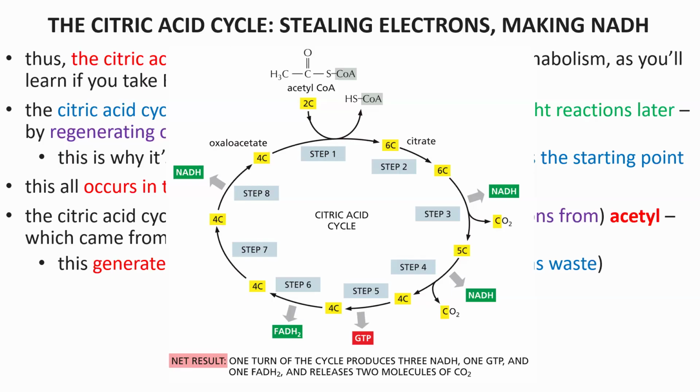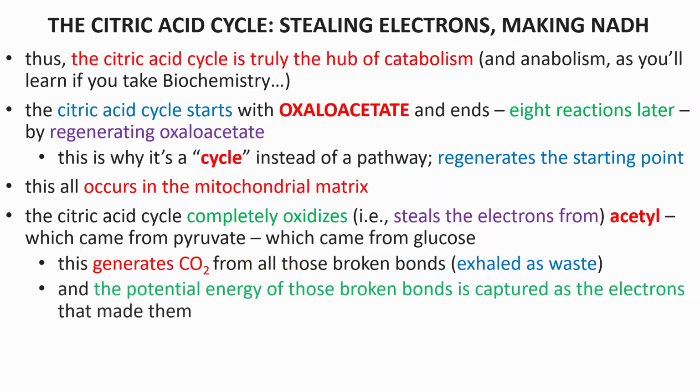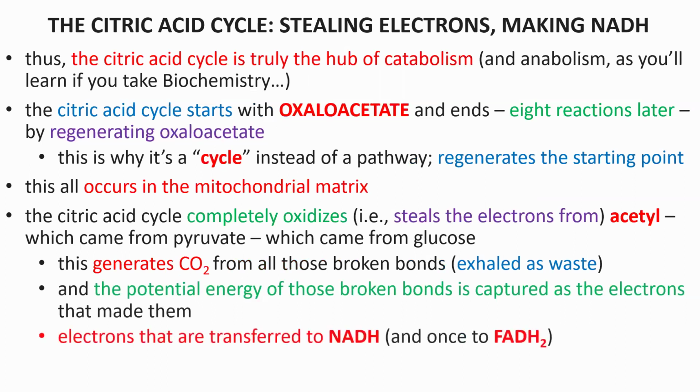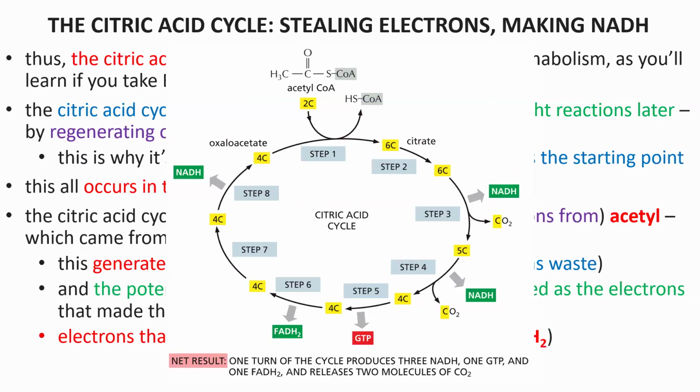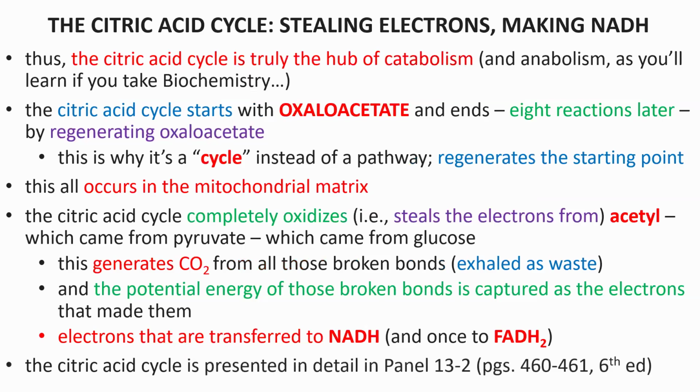So by the end of the citric acid cycle, glucose is exhaled, and all of the energy glucose had to offer is stolen on the electron carriers that we make. And then those electrons are being carried by the activated carrier NADH, the exception, 1 pair of electrons carried by FADH2, and those will be shuttled over to the ETC and used for making ATP.